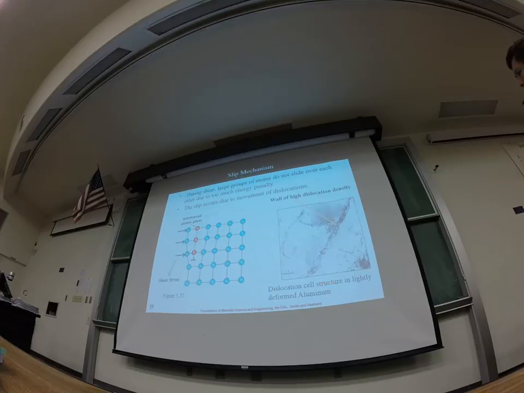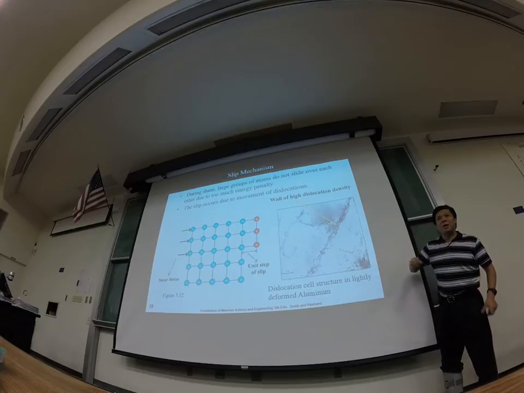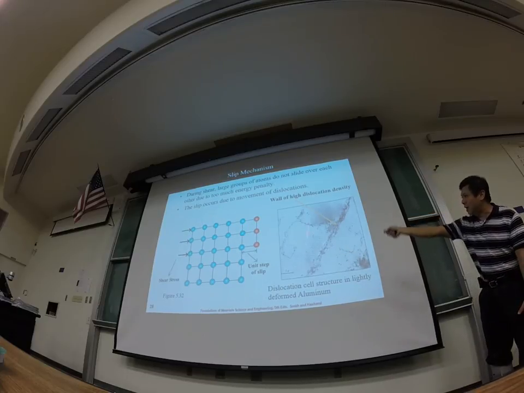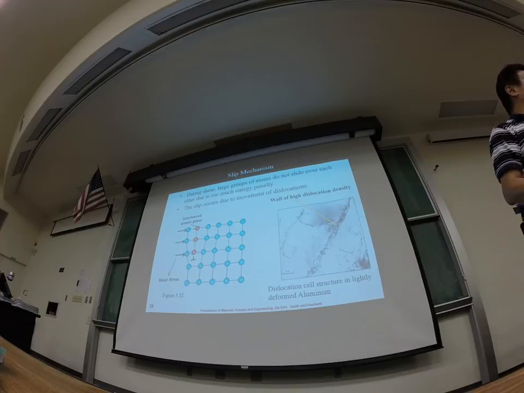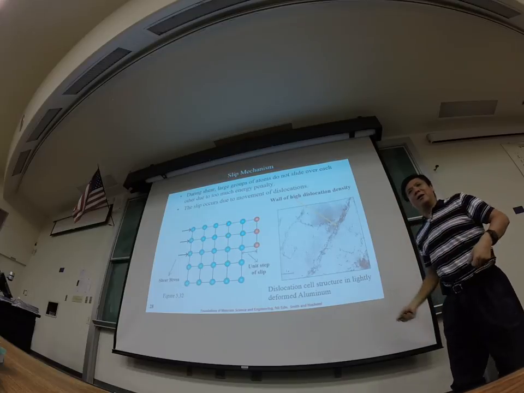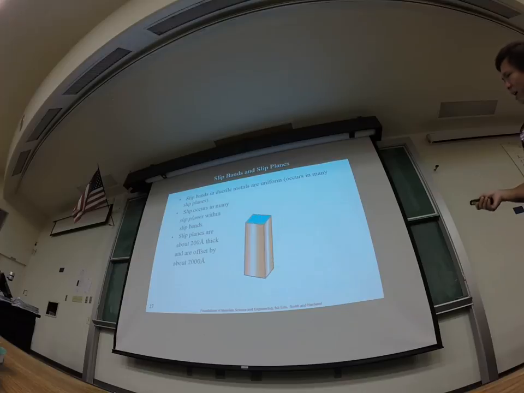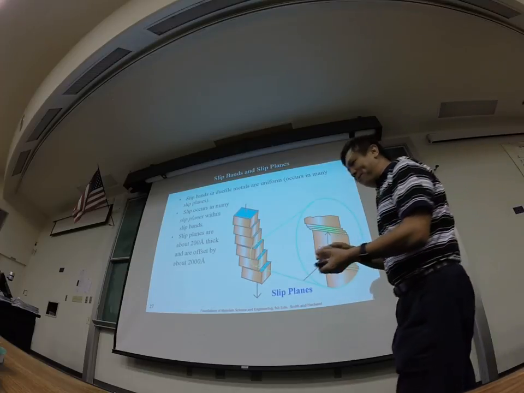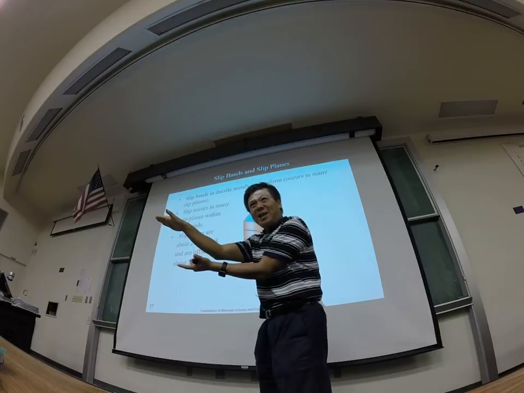If you take a look, this one is a lightly deformed aluminum. You will see these dark lines. Those are caused by the slip bands. Okay, very easy to see this. For the real sample, you can see those parallel lines also. But if we really think about it as the shear of the different planes